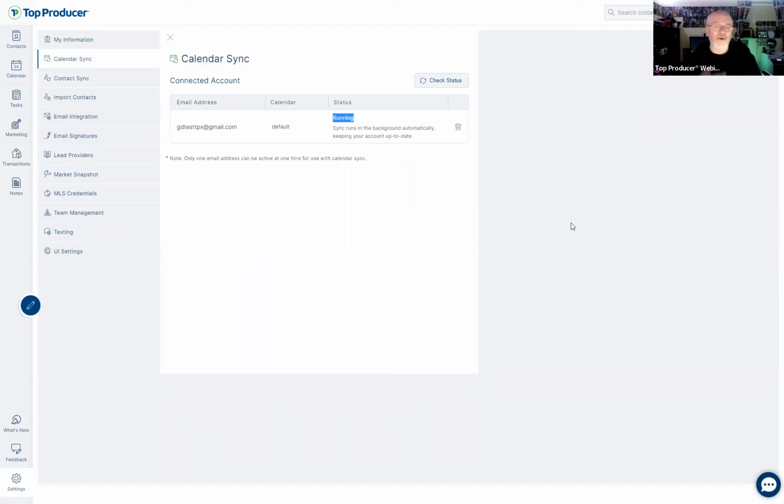So this is now going to go between Gmail and Top Producer, and it's going to make sure both calendars are synchronized and have the same information on both, so that, as Heather said, you're never going to run into an issue where you're not at the right appointment. We use our calendars heavily here in the office because we do the onboarding, and we make sure that we don't overbook each other or set meetings with each other because of the time of what they've got to do.